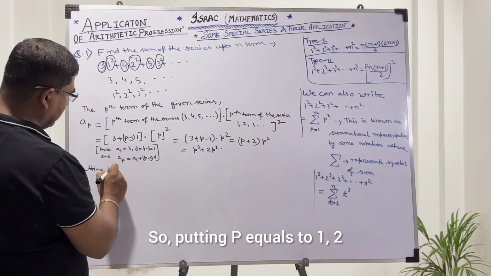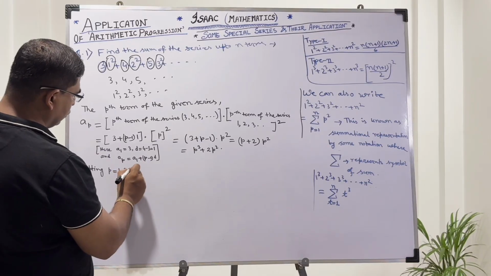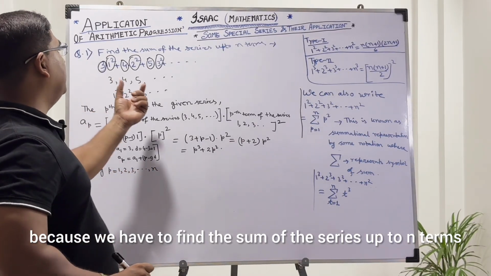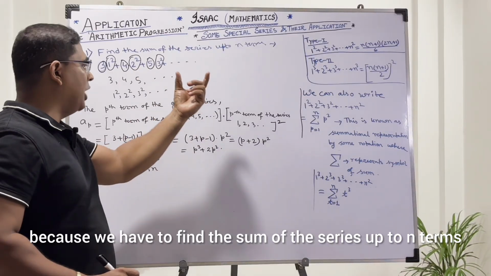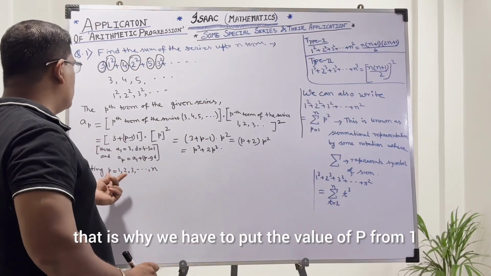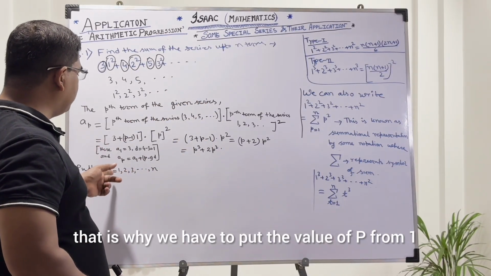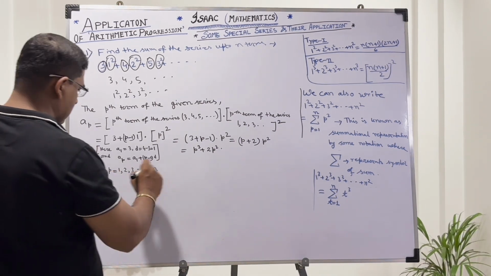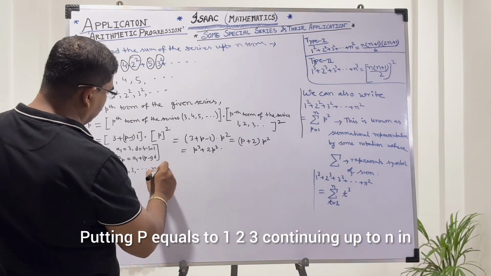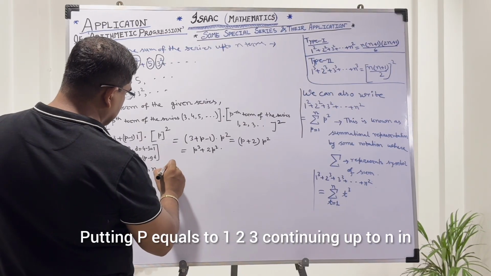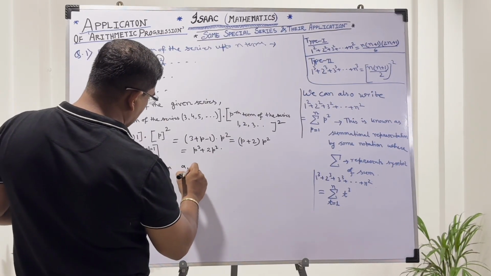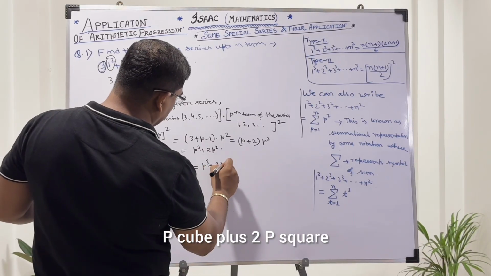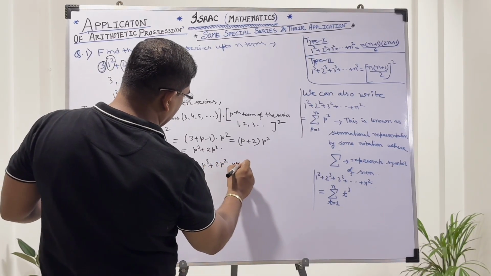So, putting P equals 1, 2, 3 continuing up to n, because we have to find the sum of the series up to n terms. That is why we have to put the value of P from 1 to n. Putting P equals 1, 2, 3 continuing up to n in A of P equals P cube plus 2P square, we get